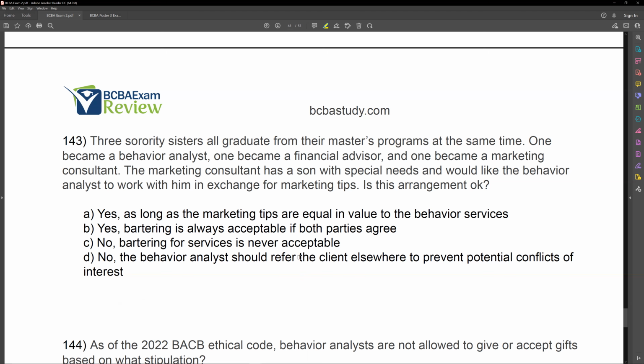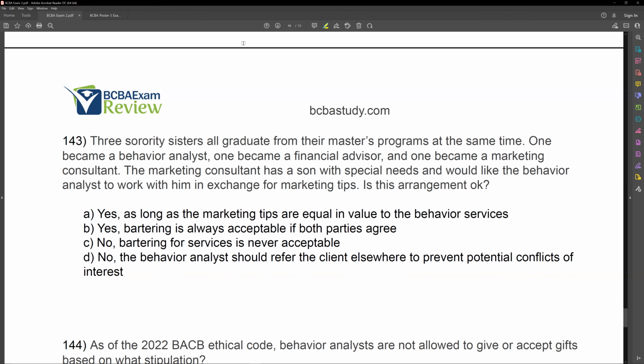Let's read the rest of our answer choices. B, yes, bartering is always acceptable if both parties agree. Nope, remember, they have to be equal in value. C, no, bartering for services is never acceptable. Incorrect, you can absolutely barter for services with certain stipulations. And then D, no, the behavior analyst should refer the client elsewhere to prevent potential conflicts of